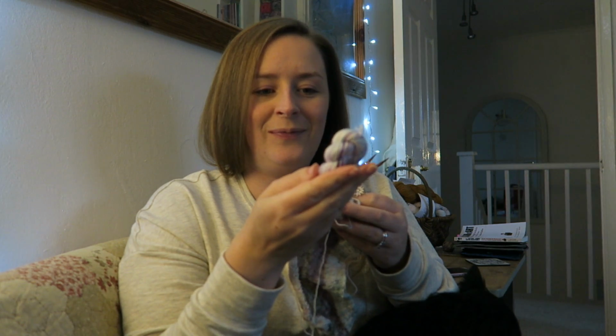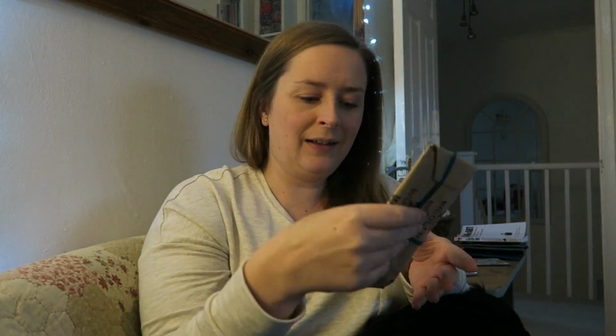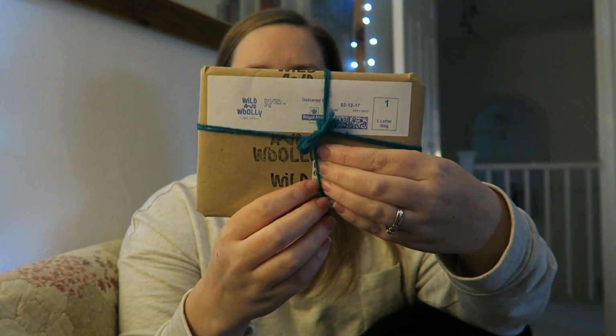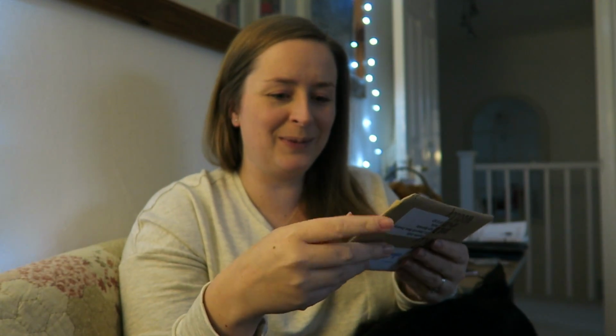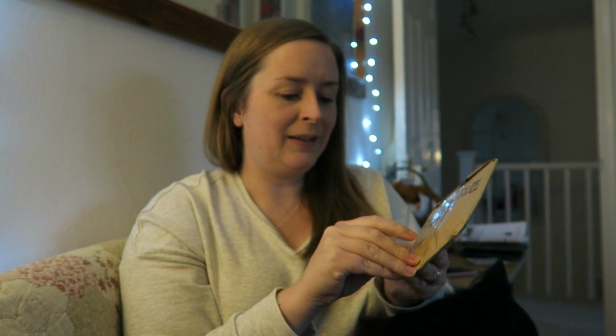So I've got today's mini I just opened. I'll ball this up and get that one knitted in. But before I found those needles that I'm using now, I ordered some new ones. I ordered them from Wild and Woolly, and I just love how they wrap their orders with the yarn around. And this is just testament to my impatience sometimes, because I couldn't find exactly the right needle. So instead of just looking for a little bit longer, I ordered some. But it turns out that it was a really good move, because I